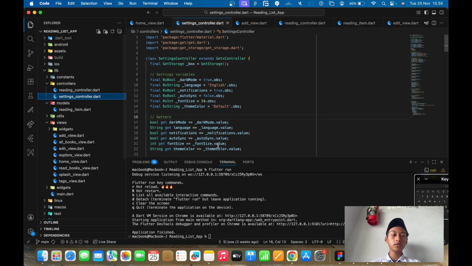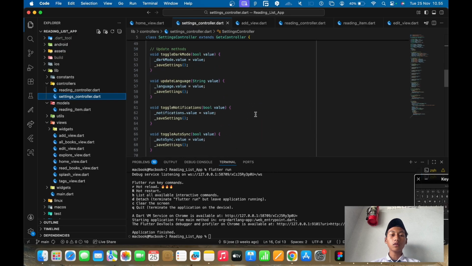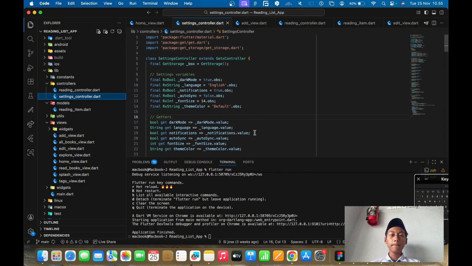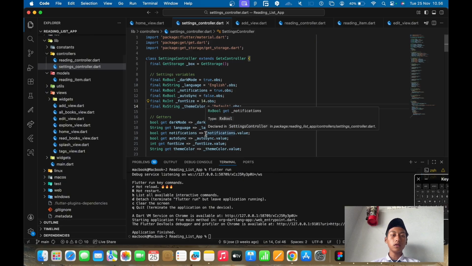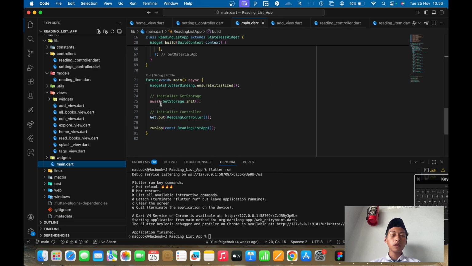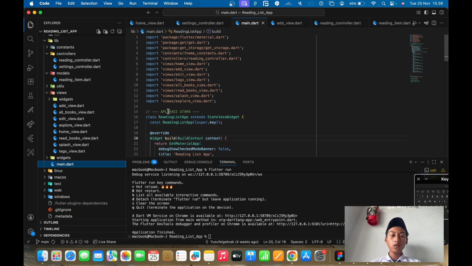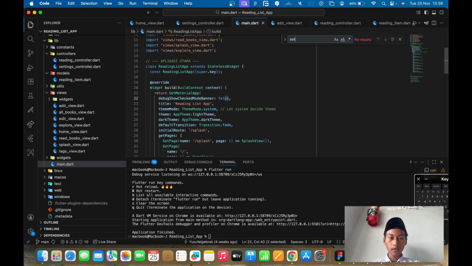Okay, directly to the settings controller, it is not in my app because there is no settings underscore controller shown. You can look in main.dart, which just has reading control.dart, but storage, but settings there is no. Okay, we can also find it with command find or control find in Windows, settings.